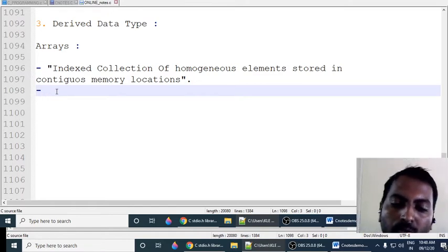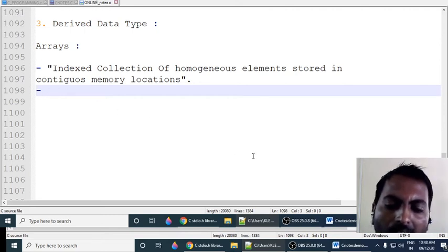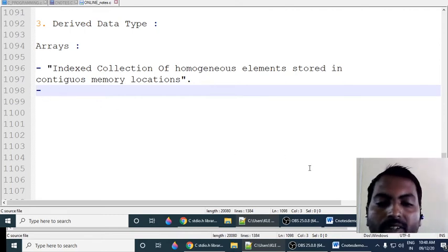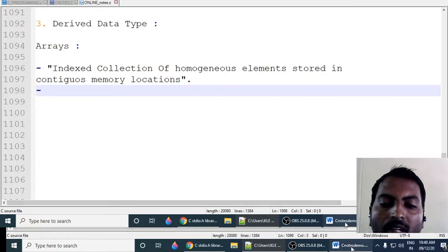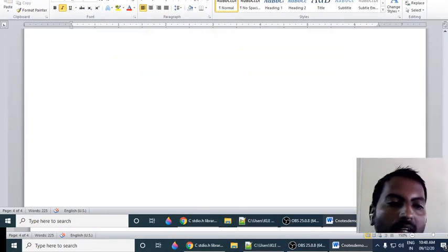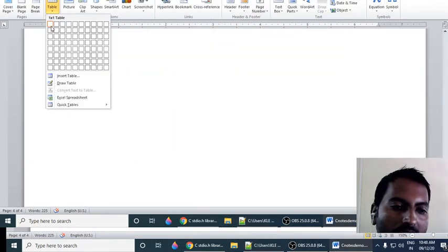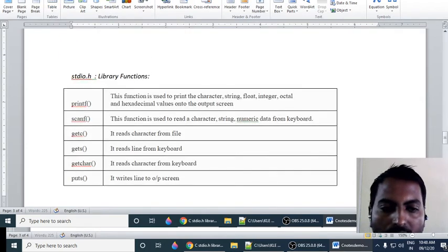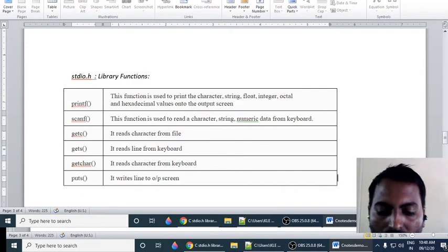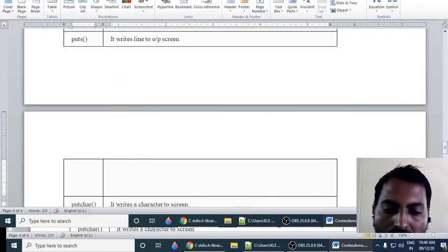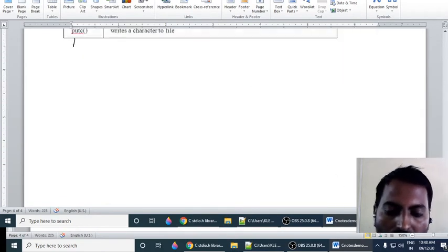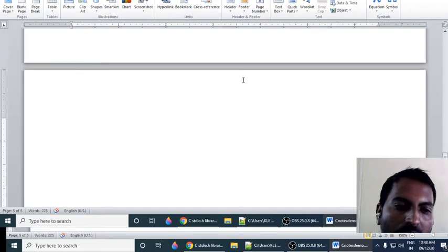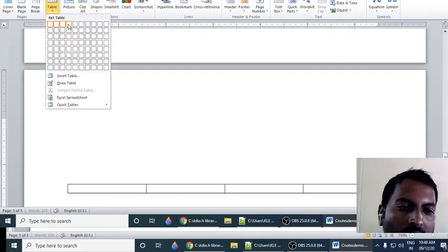Okay, so if I declare n number of memory locations using the array concept, how will the memory look?